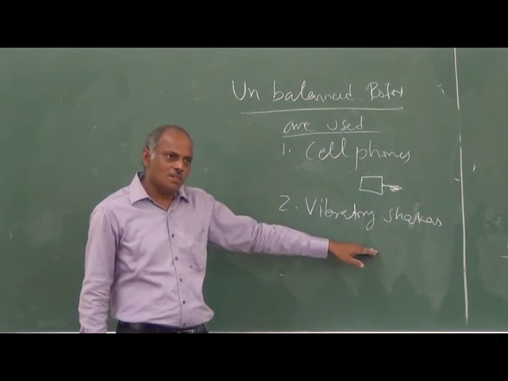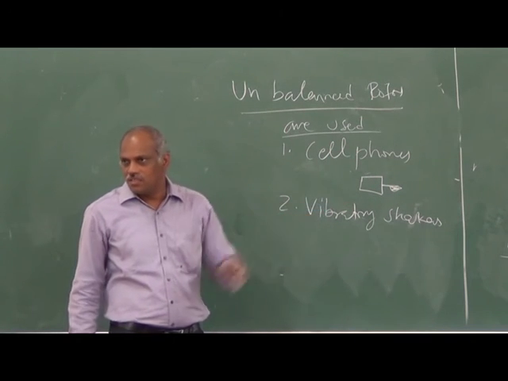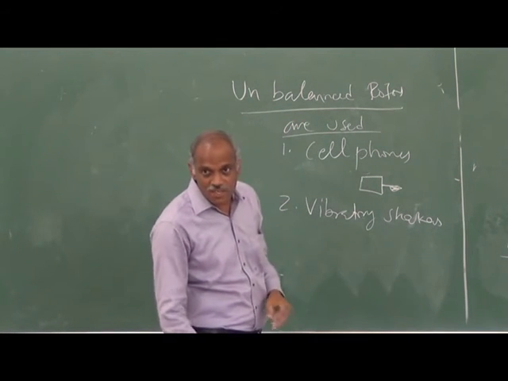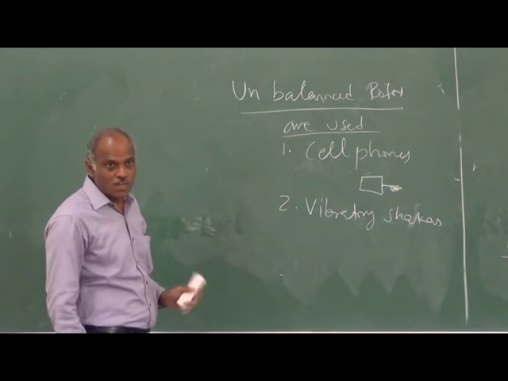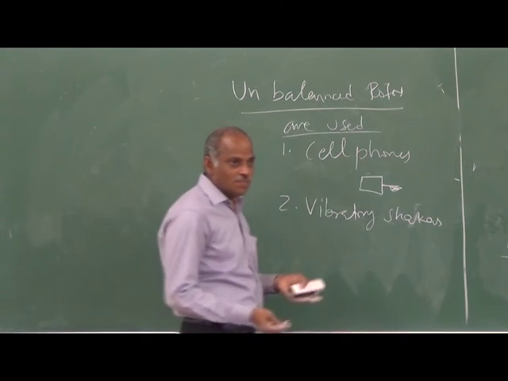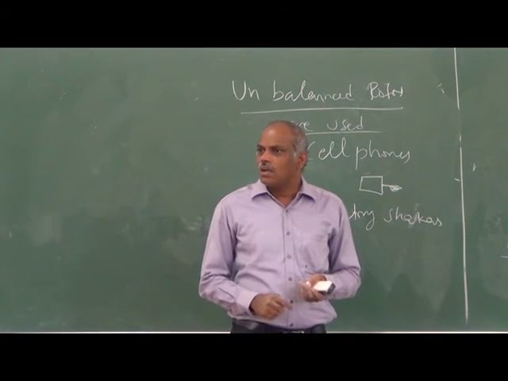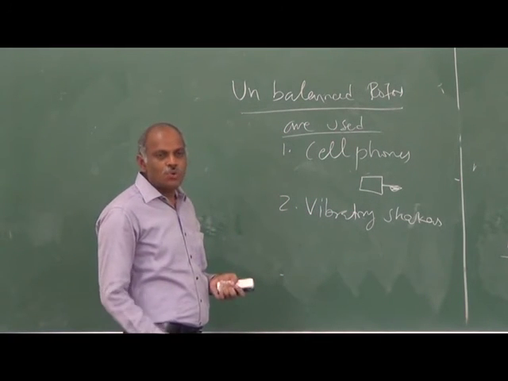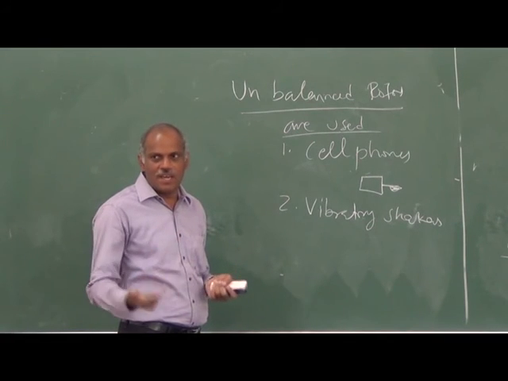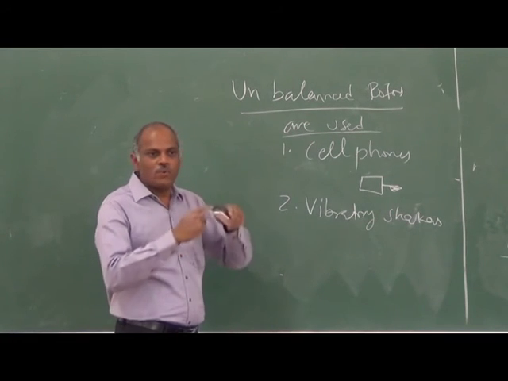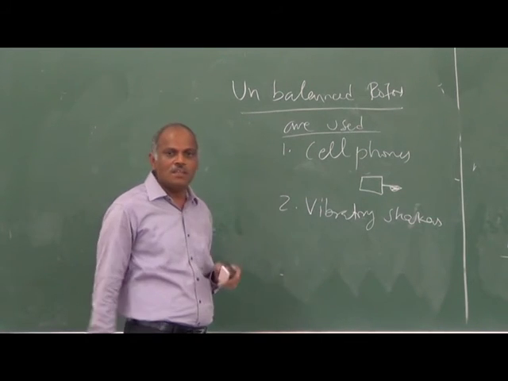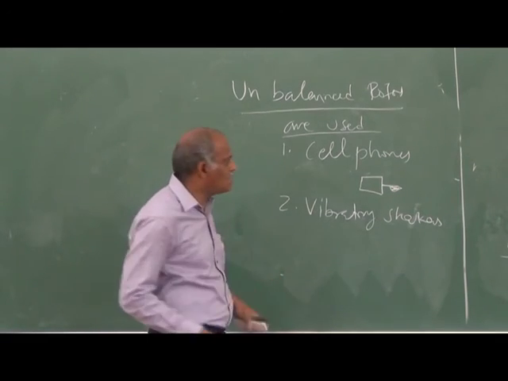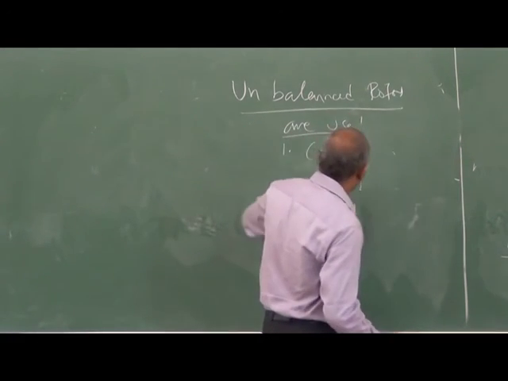Unbalance is one method. It is not that I always say that unbalances are not welcome. In some places it is definitely used in an effective way. Like your friction, whether it is required or unwanted, it depends. You require a very high friction between the tire and the road, but a very low friction between the axle and the wheel. So it changes within one component itself, and you have to exploit that situation.